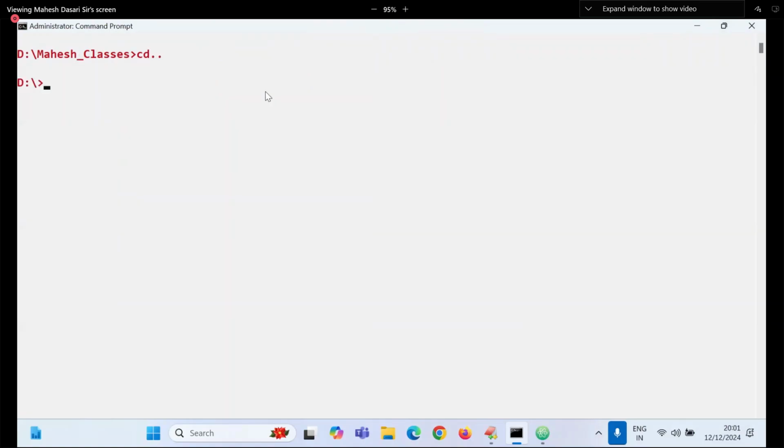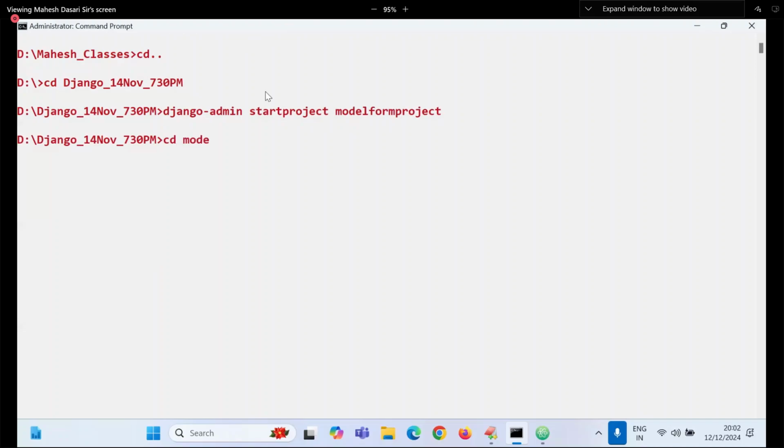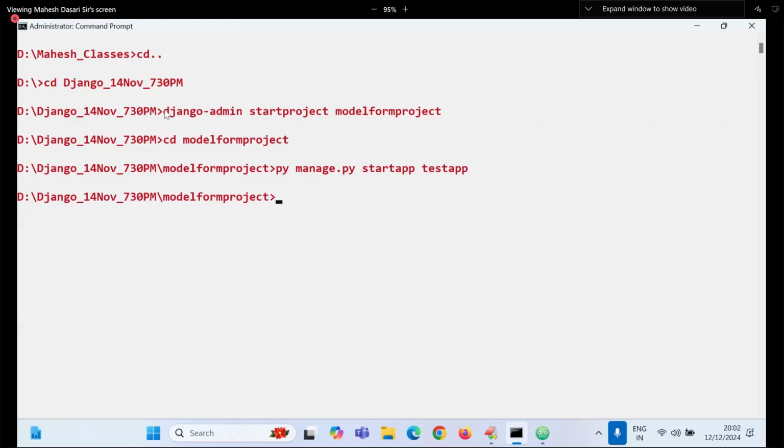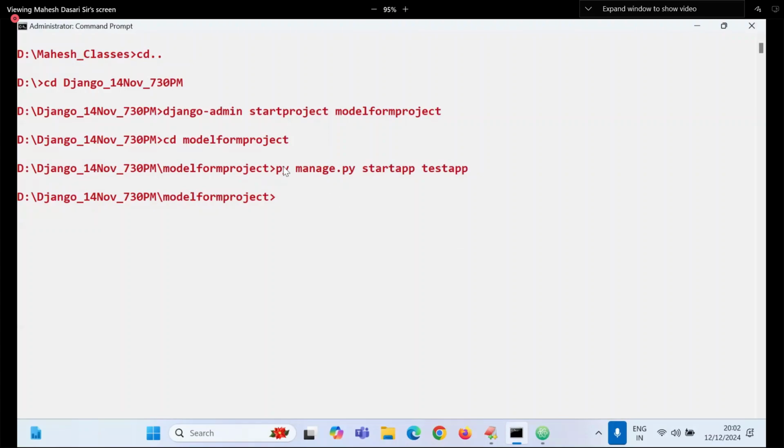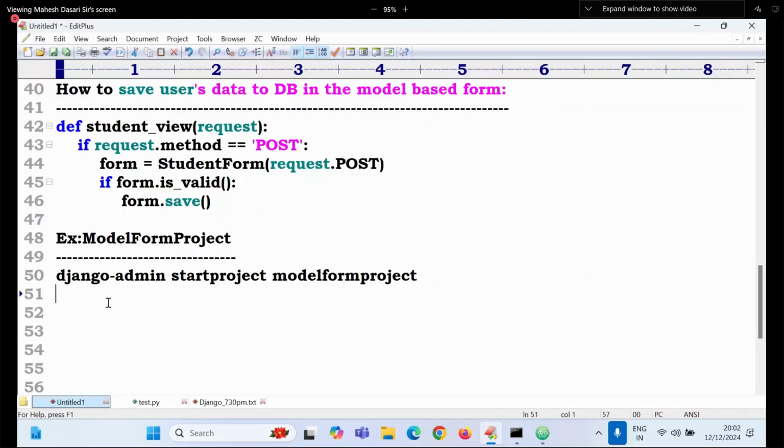cd, django-admin, start project model form project, cd model form project, python manage.py start app test app. This is all common: creation of the project, creation of the app, add application in